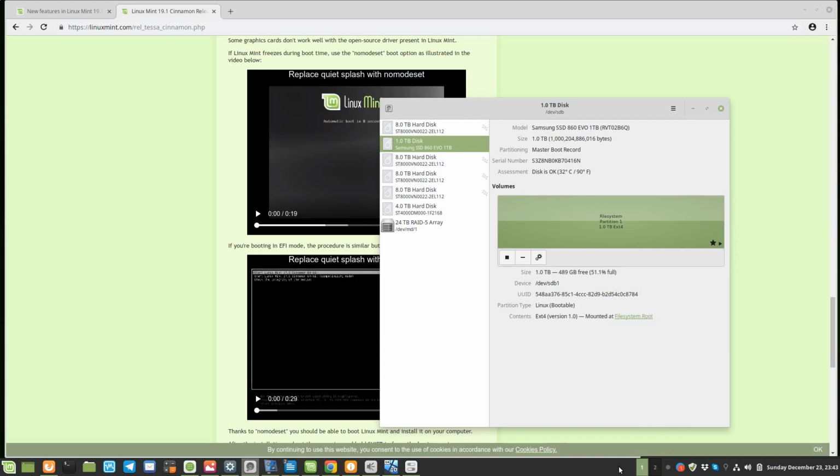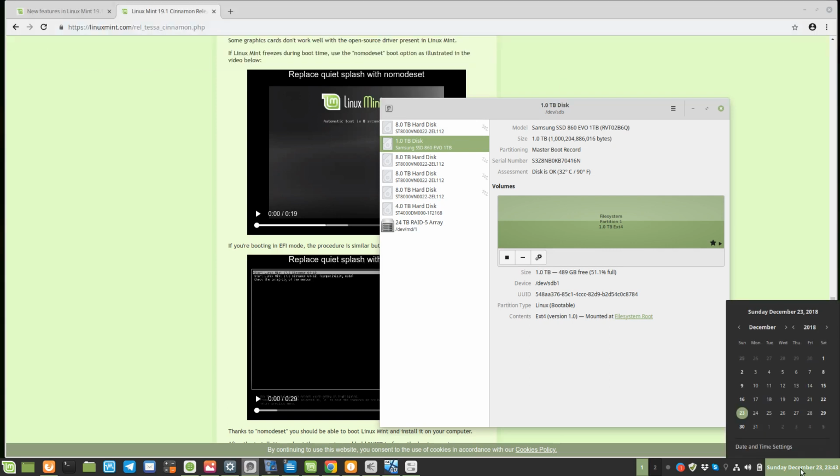All right, the next thing is, especially on a 4K screen, the default for the date and time down here, it literally is pretty much just the time. And I just would like to see the day and the date and not have to pop up the calendar and see what is actually going on. Again, it's a small change, it's an easy setting to do, but it's something I have to do every time